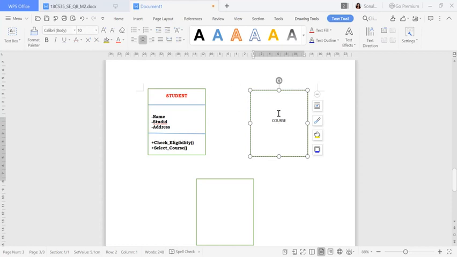All these things have to be on one side so that it will be easy to see. After this I have to write about the course name. Next, if I want to add one more attribute, it will be course ID. If I want to add any other things, I can add fee.